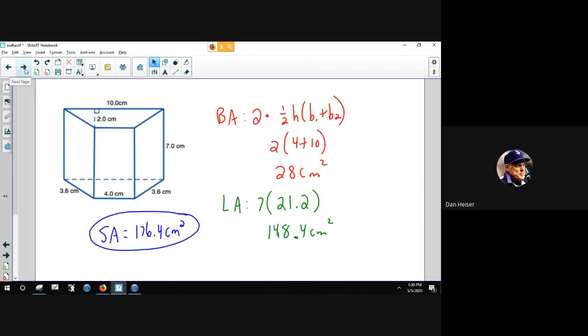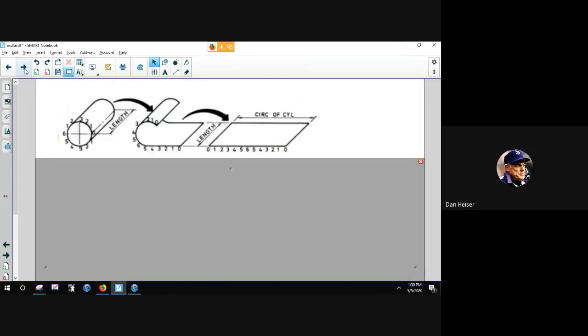One final problem, and that is surface area of a cylinder. Well, here's a cylinder unrolled. Here's how we create a cylinder. We take a rectangle, roll it up, and we get a circle on each end, and then this is that rectangle that's been wrapped